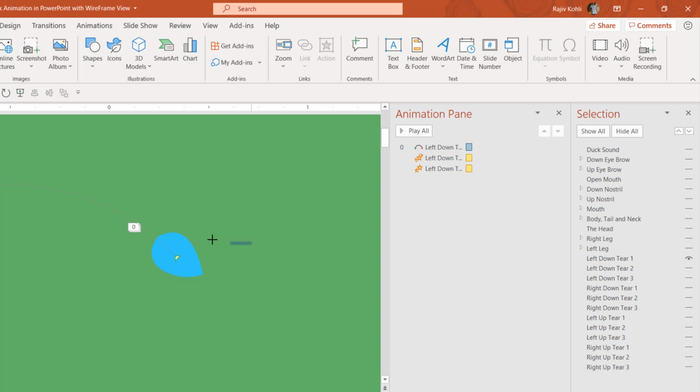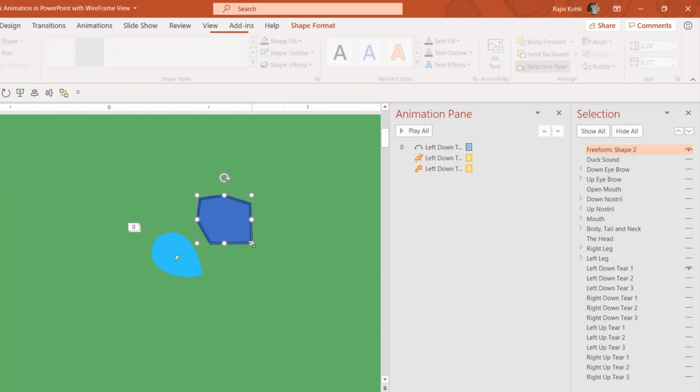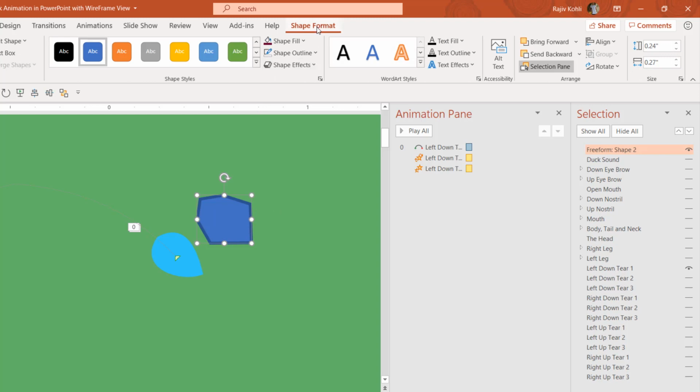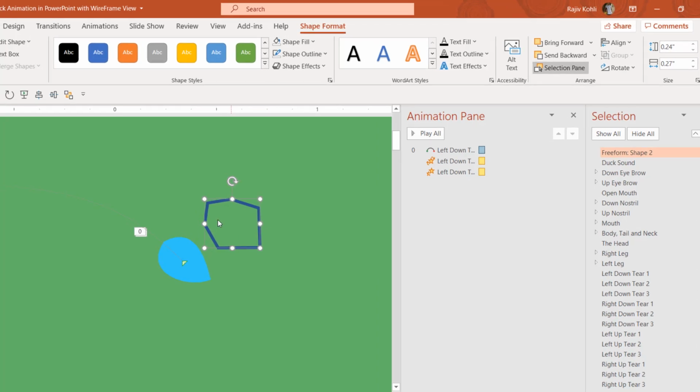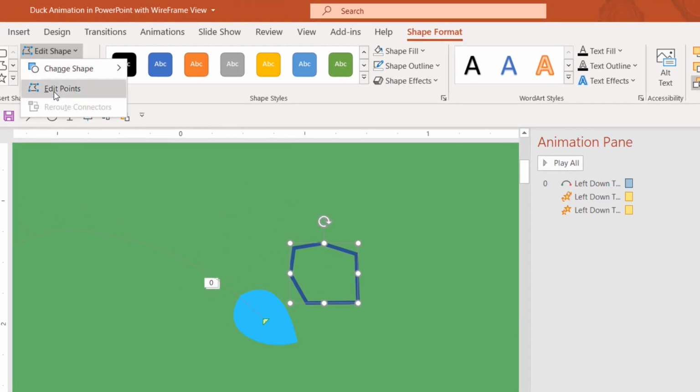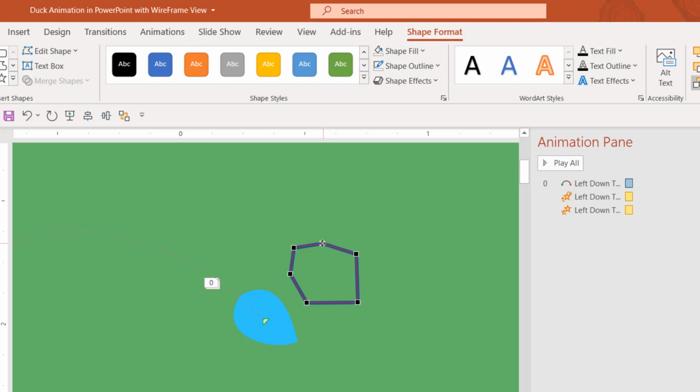Here you need to click once and then you can start choosing the points where you will start doing a curve later on. After closing this, you will get Shape Format, and let me choose No Fill so you can see the outline alone, and then you can choose Edit Shape, Edit Points, and make curves in them. Or you can delete a point by right clicking on it and then choosing Delete Point, and later you can customize it as you want by using these handles.